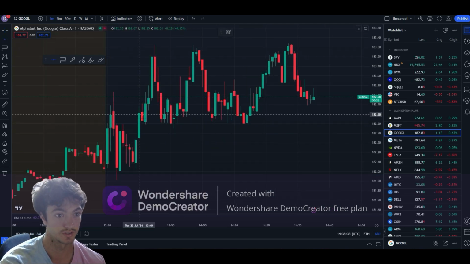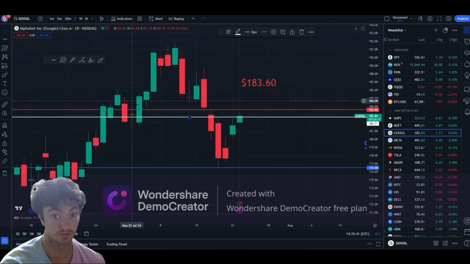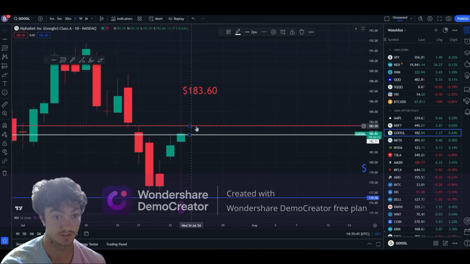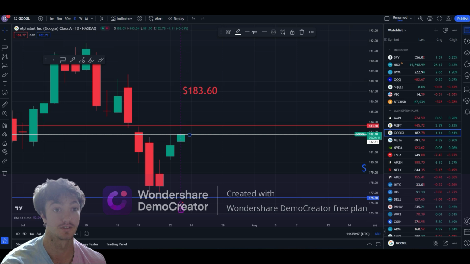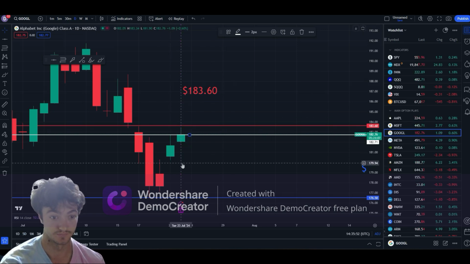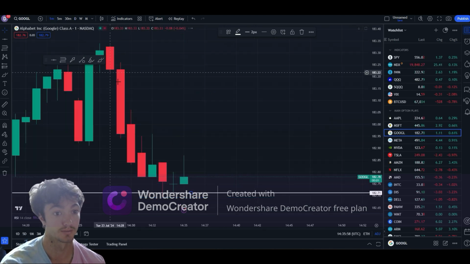We're going to go over the trade that we took here on Google today, and there was a scalp up to the upside to where it hit this resistance. We'll go to the 1 minute chart and we'll show you what we did here. So you see that we had this resistance at 183.60. You could find this by looking at my last video with the support and resistance levels. We do have earnings aftermarket, pre-market on Google, but we'll show you the scalp that I did for 10%